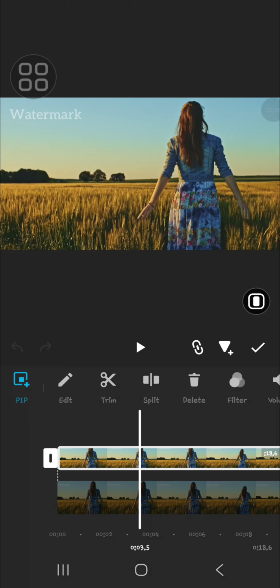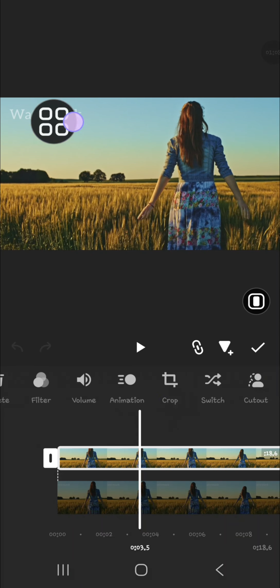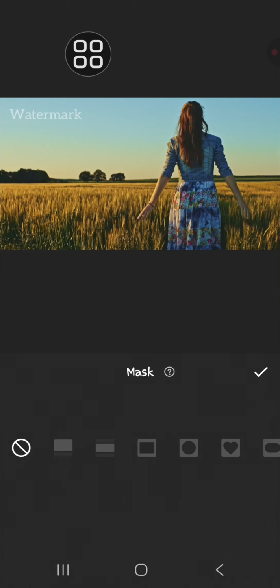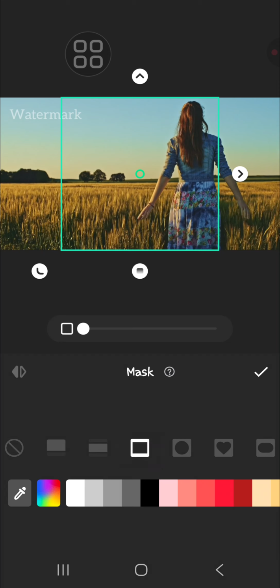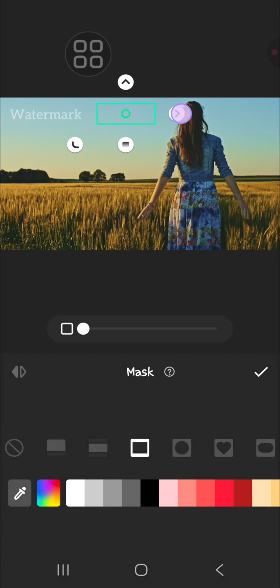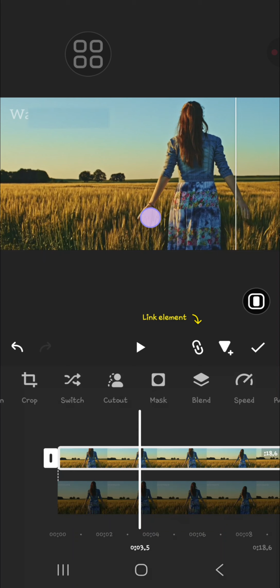Okay, and now it's time to add mask to the video. We're going to use mask to cover the text. I'm going to select mask and choose the shape of the mask. For me, I'm going to choose this one. Okay, and then you can take another part of the video so it can cover the text. And I'm going to take this part and click on the check mark, and then we can drag the